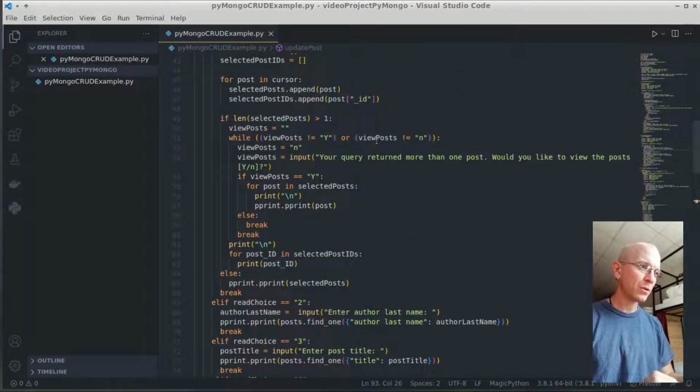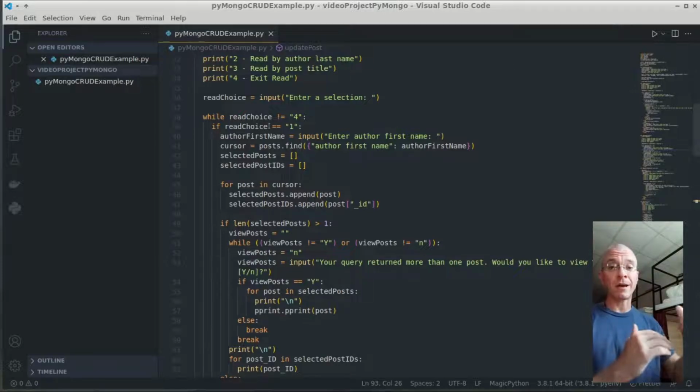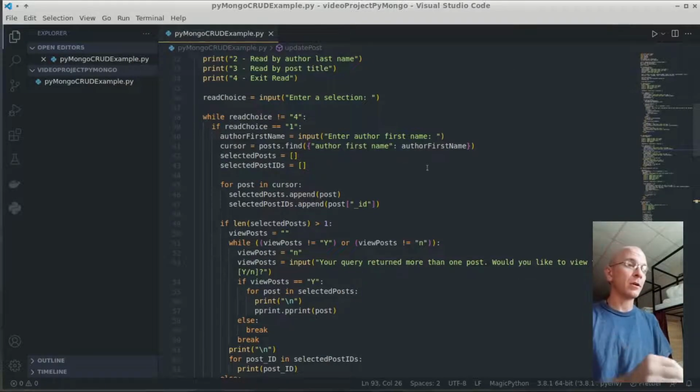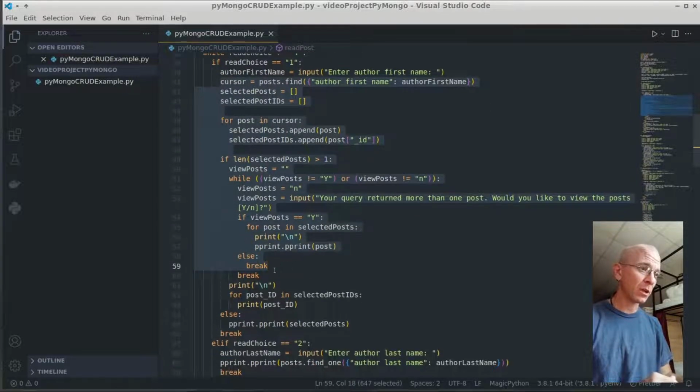We got to change the read functionality, and all we're going to do here, it's as easy as just blocking this a block at a time. Start slinging copy pasta around. So all I got to do is say, okay, author first name. Oh good, we're still recording, just checking. So we've built all this functionality already, so we're just going to copy this, starting with the cursor, and we'll move all the way down and say, okay,